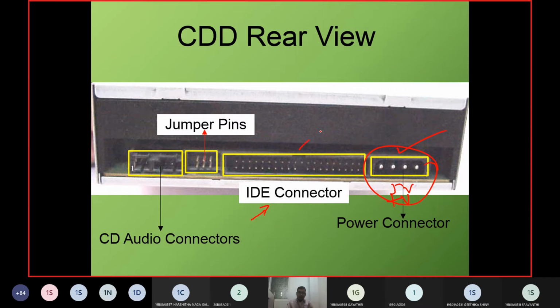This is a connector where you are able to have windows with a graphical user interface. Unless you use this IDE, we will not be in a position to see things in a pictorial way. So that is how we are able to work with the Windows operating system. In the Ubuntu operating system, these are all provided with a GUI.